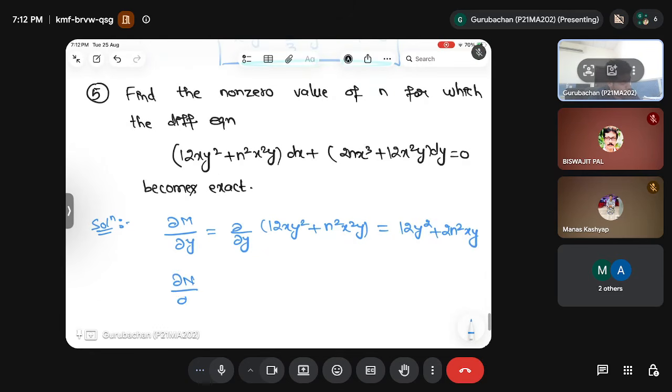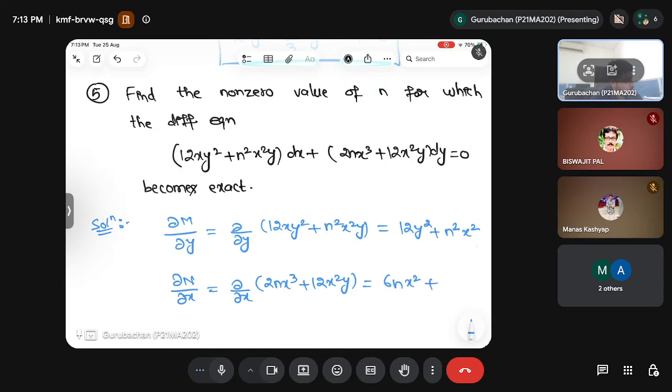Del n by del x: 2nx cube will give you 6n x square. Okay, yeah, here we have to differentiate with respect to y, so this should be n square x square,